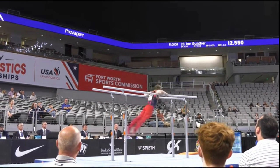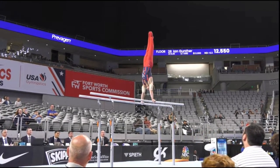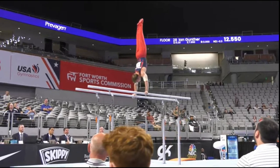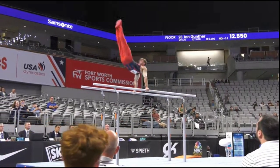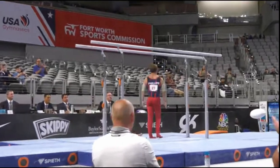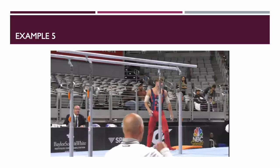front upright to forward somersault, it's a D from group 2, diameter half from group 2, it's a D, and his dismount, a double front with half with a step on the landing, so no stick bonus. So we're going to see how this start value